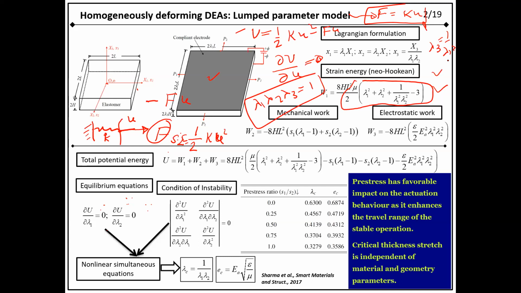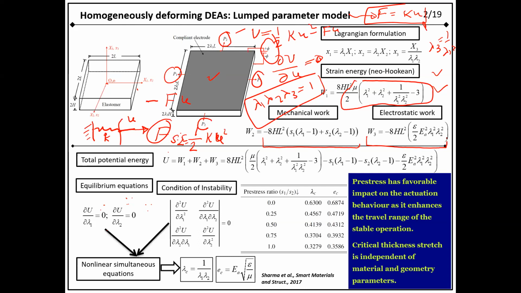Now next is the external work, or the work potential. That will be the work done by the mechanical forces applied to pre-stress the material, which we can write like this. And the third term is the work done by the applied potential difference. You know that it will be minus half CV square, and C is nothing but epsilon naught A by d. Similarly, we can write the expression for the work done by the potential difference.